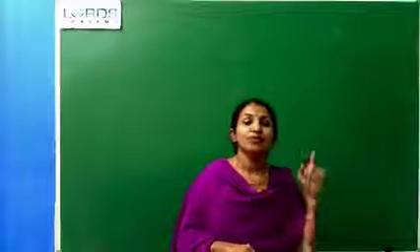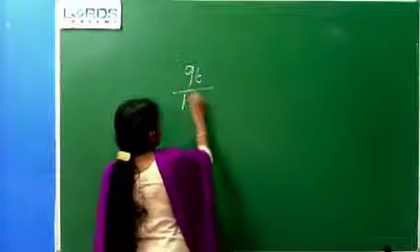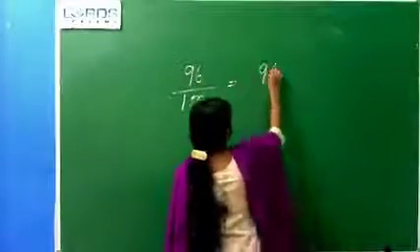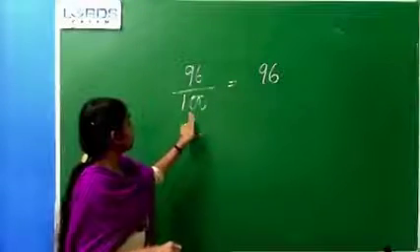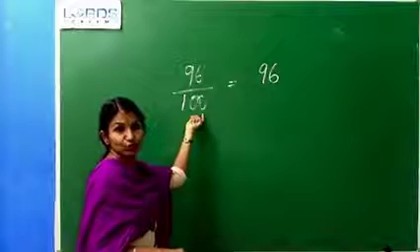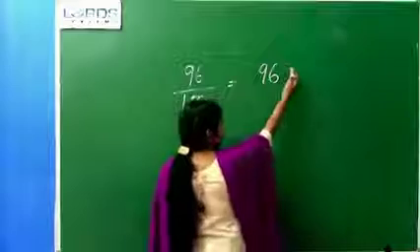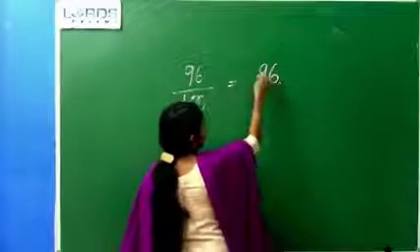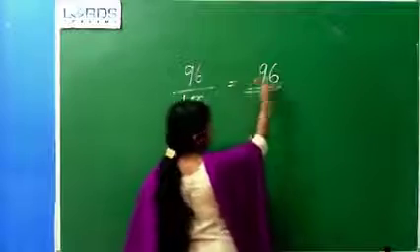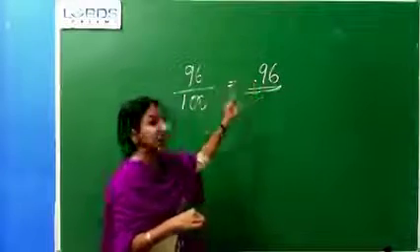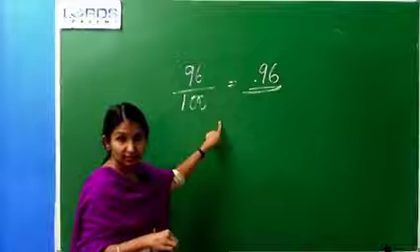So first we are doing fraction to decimal. How can we convert a fraction into decimal form? 96 by 100. The number 96. So first we wrote 96. Now look at the denominator. Power of 10 means 2 zeros, it's 100. 2 places we are moving from right to left. So 1, 2. The point should be here. Or we can say that after the point, there should be 2 places.